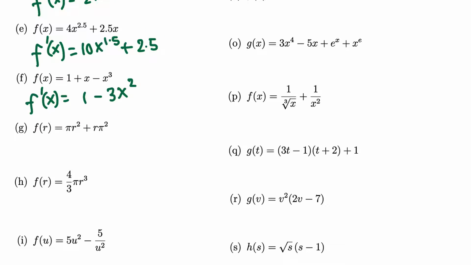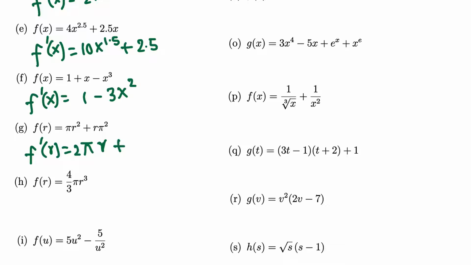Okay, G, we got pi r squared. This is a function of r, similar to x is r. Okay, so when we find the derivative with respect to r, pi is a constant. Okay, so pi is pi. Now we need to take the derivative of r squared, which is like x squared. The derivative of x squared is 2x, so r squared is 2r, but I'm going to write 2 at the front, 2r,